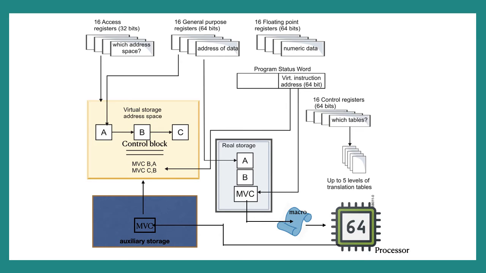And then in z/OS, dispatchable units of work are represented by the control block. This control block represents tasks executing within the address space, such as user's programs and system programs that support the user's instructions. A control block contains information about the running task, such as the address of any storage area that